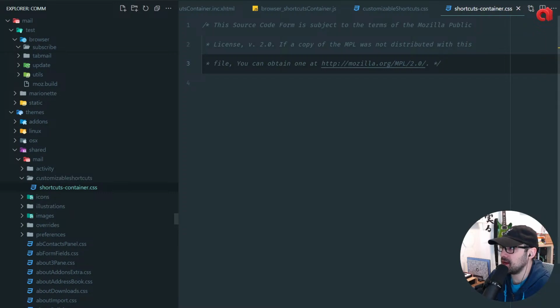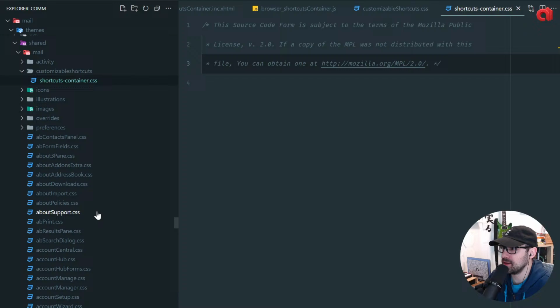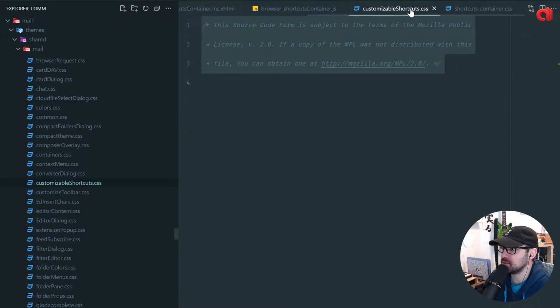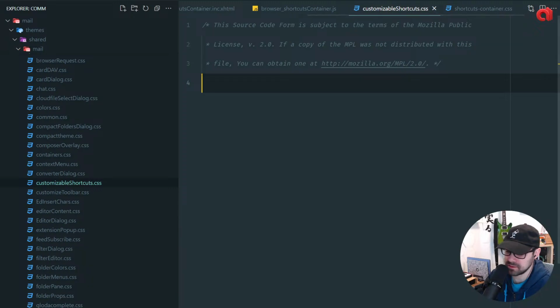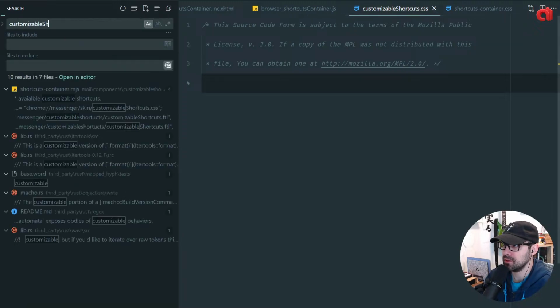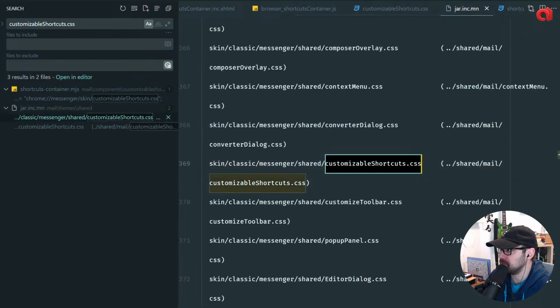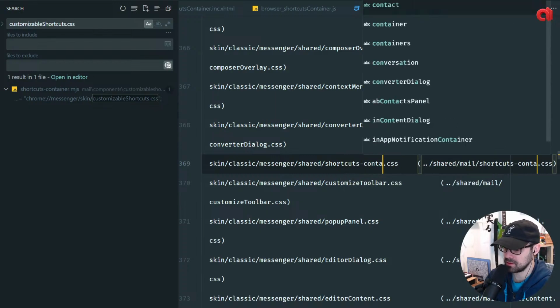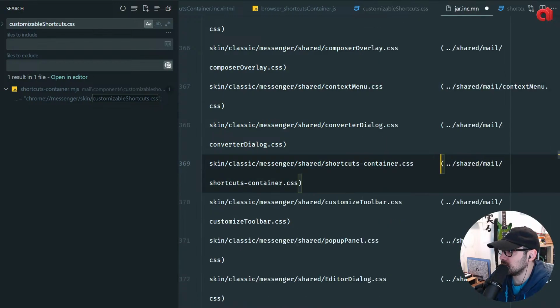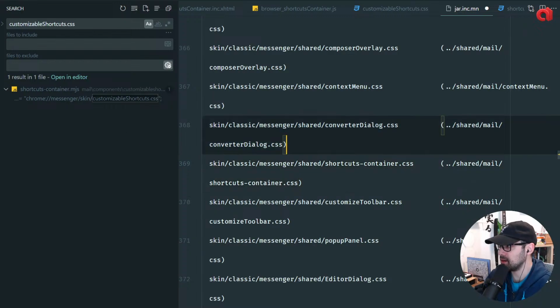Okay, we got this. Then we can move. Do I want to use customizable shortcut? I think I can delete the customizable shortcuts.css because it's not going to do anything. Let me see, where is it? Okay. Shared mail. Let's rename this to shortcuts container.css, and this is not in shared mail, but is in